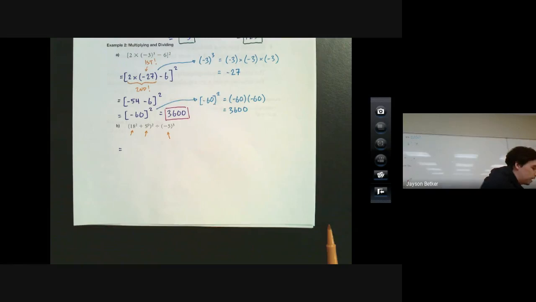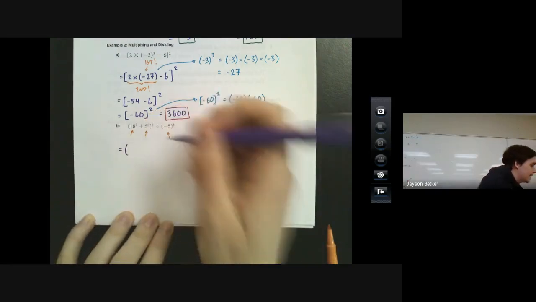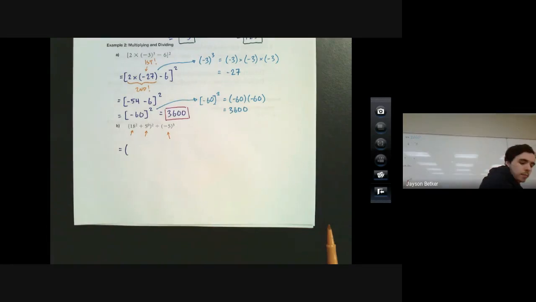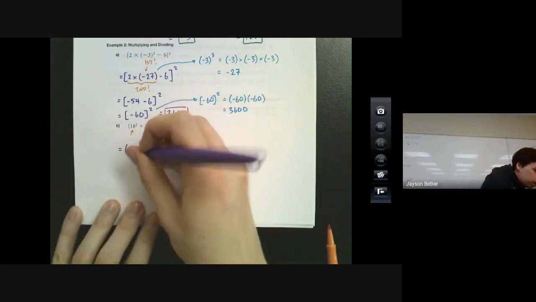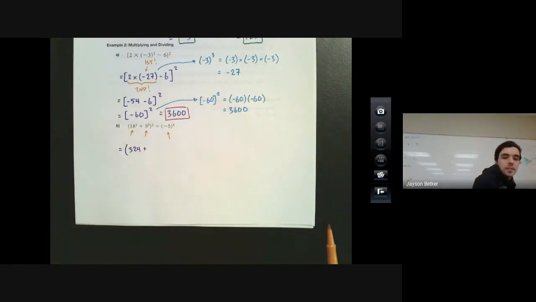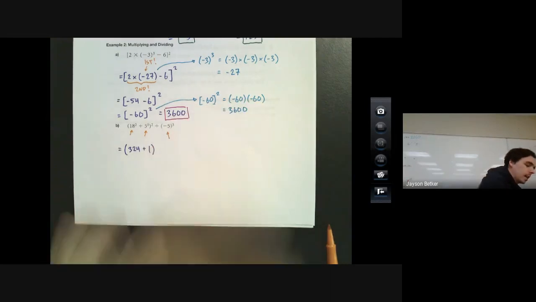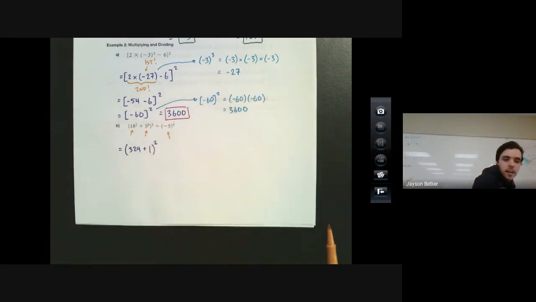So remember that 18 squared is the same thing as 18 times 18. To plug that into our calculators, we should get that 18 times 18, or 18 squared, is equal to 324. Plus 5 to the 0. Any number raised to the 0 is just 1. So 5 to the 0 is 1. And squared, don't forget that. And then